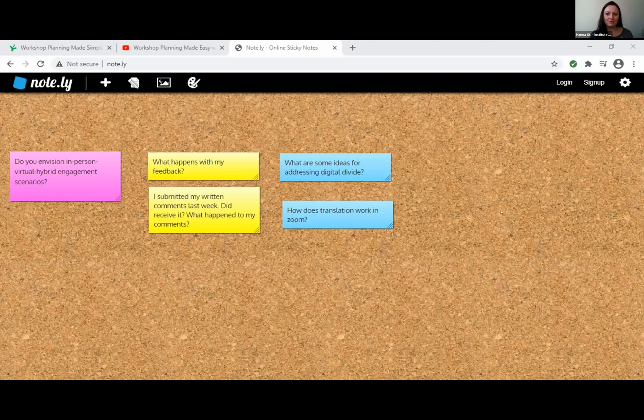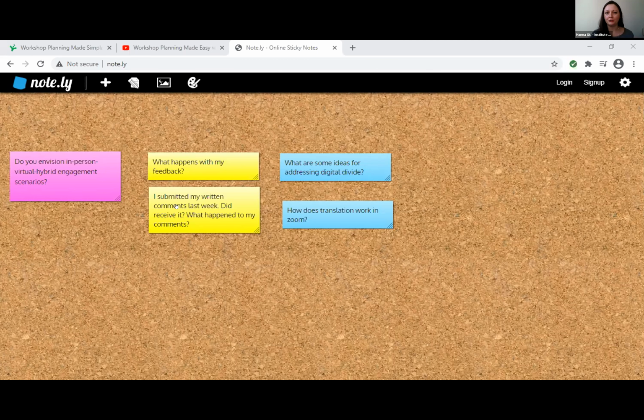So what I'm demonstrating with you today on this screen, we've got a couple questions. If we would have gotten more questions in the chat box, I would have organized it by themes. And perhaps if we got like 20 questions, clearly we don't have time to address 20 questions. But what we can do in this virtual environment, we can organize questions by theme and provide general answers by themes versus to individual questions.